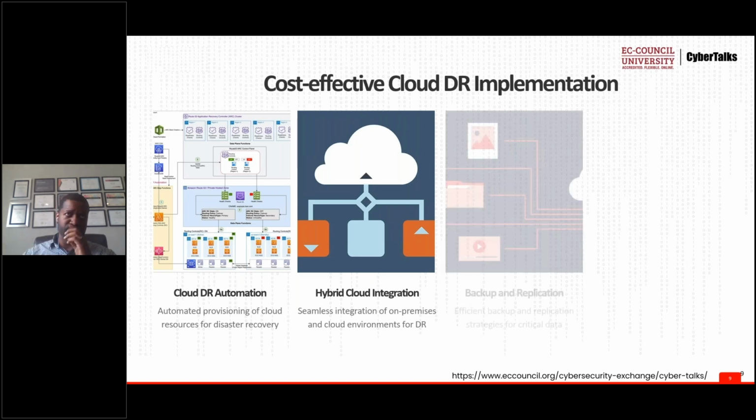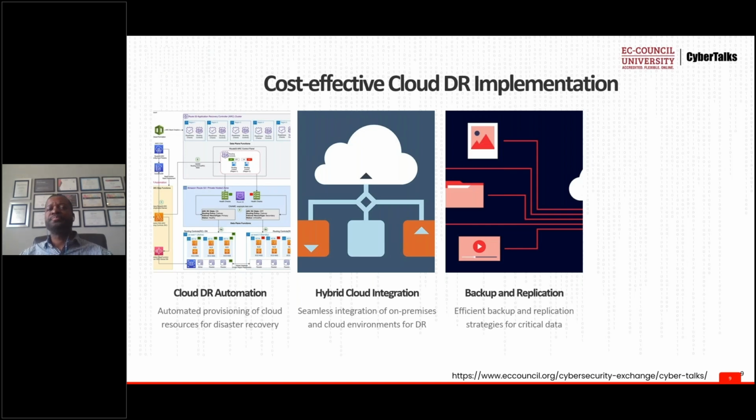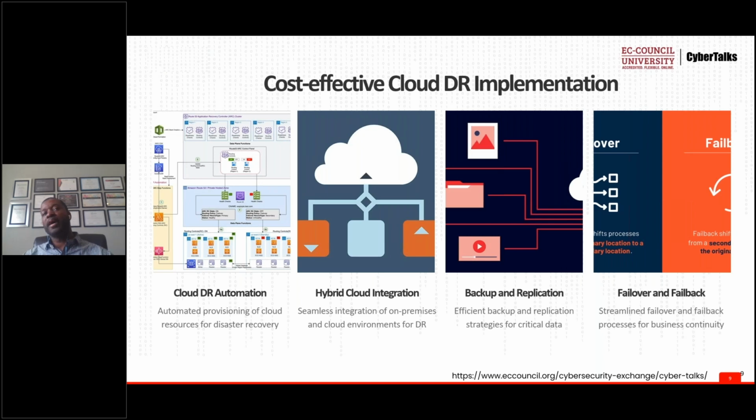Equally important is backup and replication. Efficient, continuous replication of critical workloads across environments ensures that recovery points are always recent, minimizing data loss in the event of disruption. And finally, there's failover and fallback, a streamlined process for shifting operations to a secondary location, and